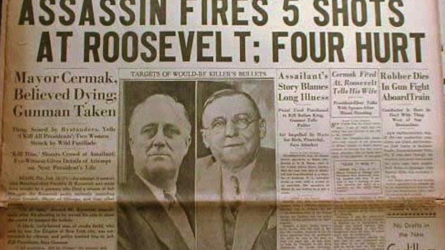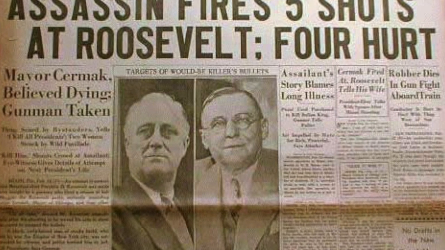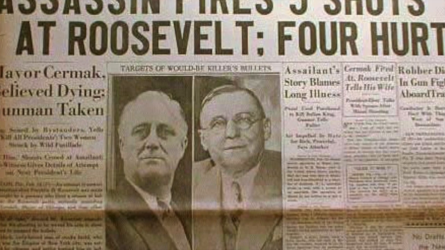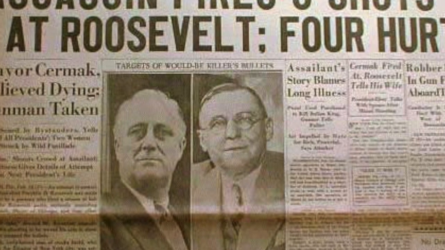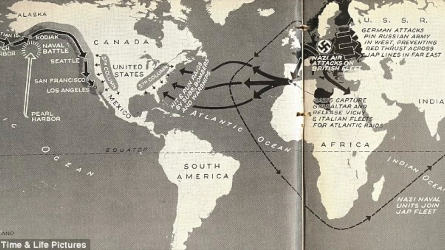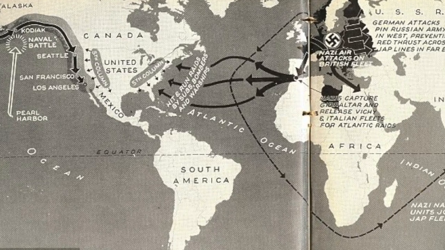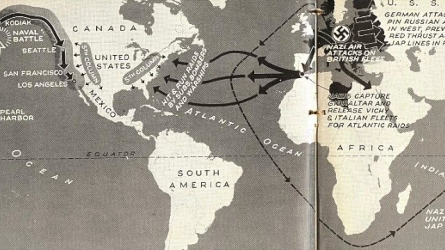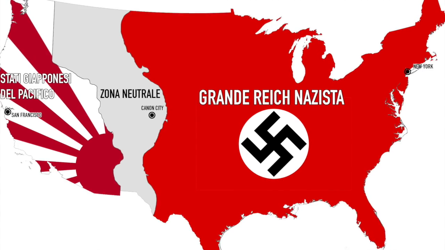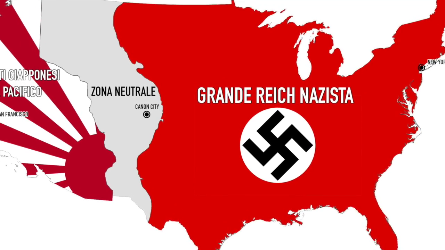The Man in the High Castle is set in a world where FDR is shot early in his presidency, thus the New Deal never happens, and the US stays out of the war longer. When it enters, it can't utilize its entire industrial energies, still being stuck in the Depression, and so can't help its allies, and so the Axis powers win World War II and divide up the world, including America, with the West Coast going to the Japanese, and the East Coast going to the Germans, with a neutral buffer state in the Rockies.